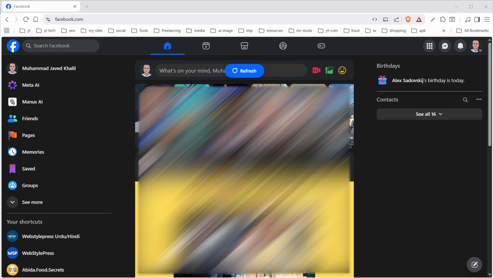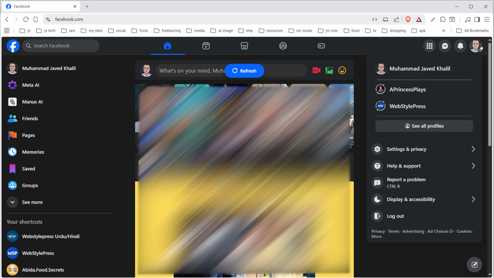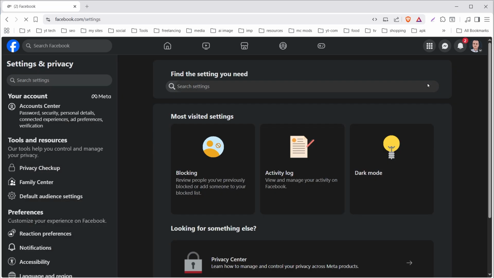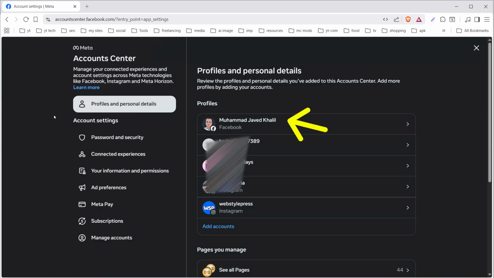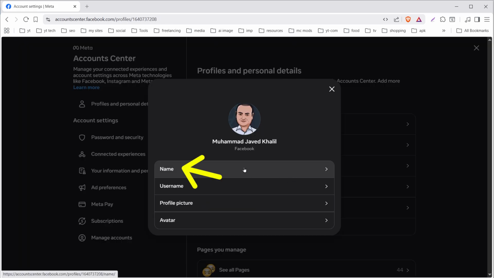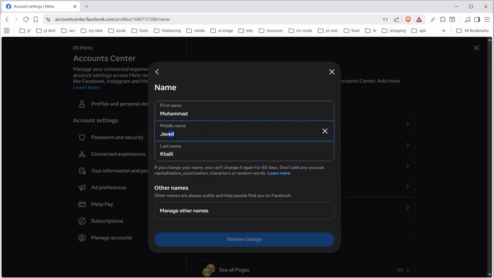And on desktop, open Facebook, press your profile photo, select Settings and Privacy, select Settings, select Accounts Center from the left, select your profile, select the name, edit the name and click Review Change. So this is how you can edit or change the name on